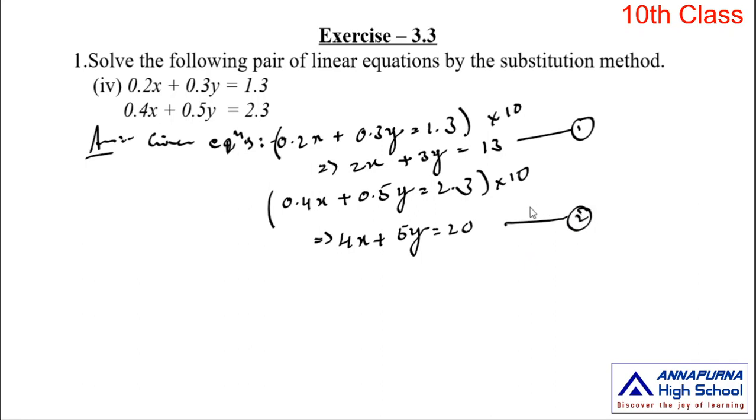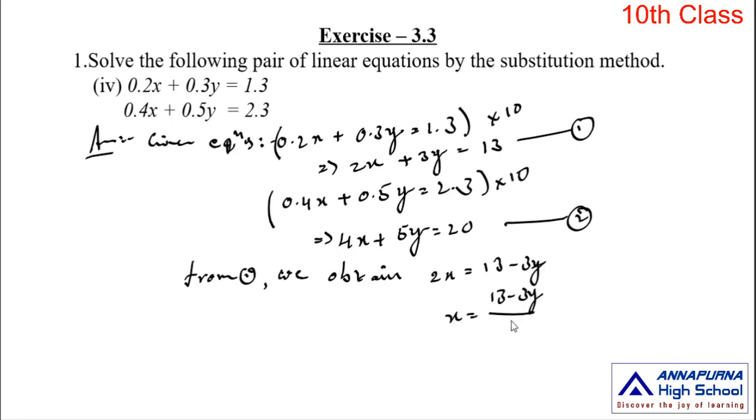Now apply the substitution method to these two equations. So first step, you can choose any one equation from the given two equations. Generally here from the beginning I have taken only the first equation, and present one variable value in terms of another variable. Every time here I present x in terms of y. Here also I am doing the same. So the first equation is 2x plus 3y is equal to 13. So when I transpose this 3y to the right side, then 2x is equal to 13 minus 3y. Then x is equal to (13 minus 3y) by 2.